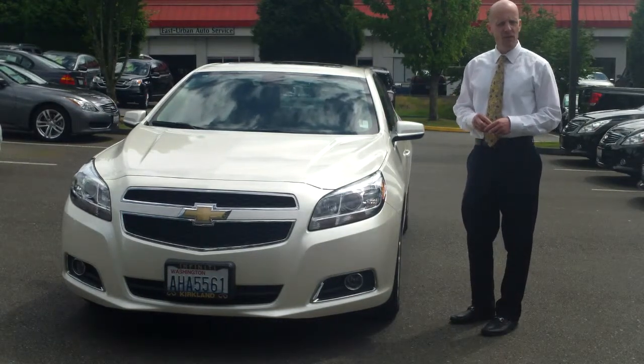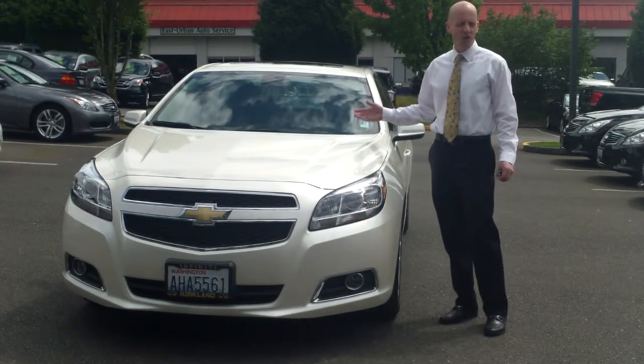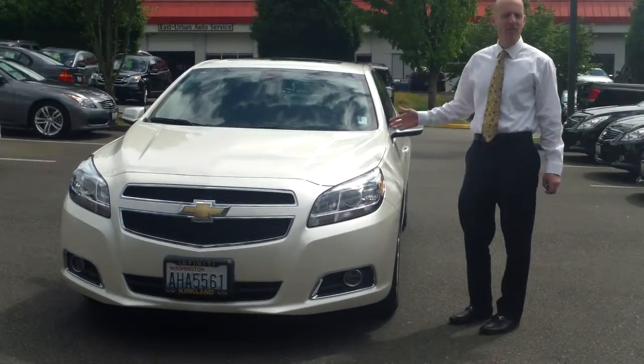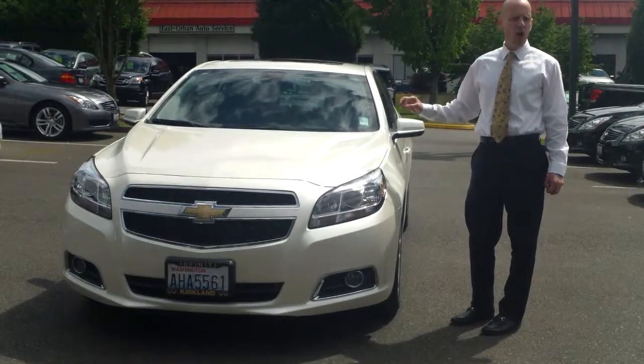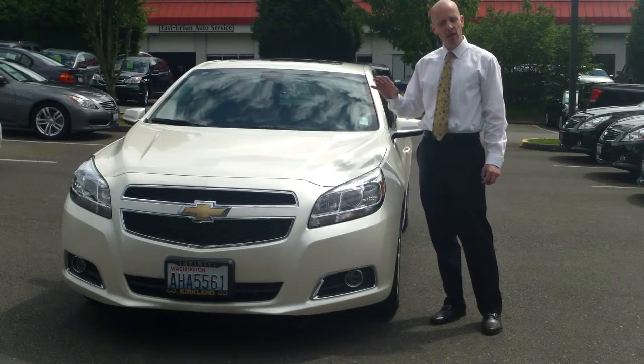I don't really know much about these Malibu Ecos. I'm just going off of the market reports that I see, but I don't know if these cars are nice or not nice. Malibu, that doesn't sound that great. But let me tell you something, I was dead wrong in my feeling that way. This car is unbelievable. In fact, this car is so nice, it has me genuinely concerned about the used car